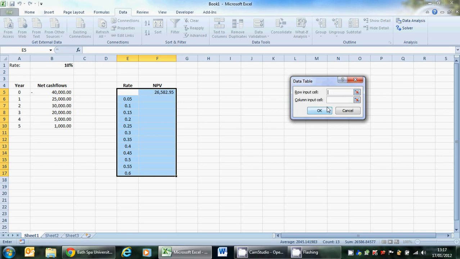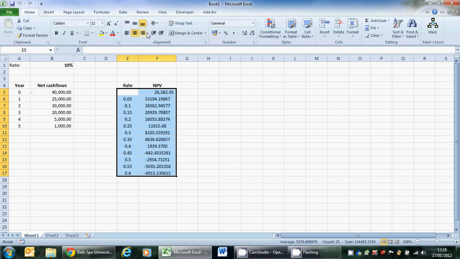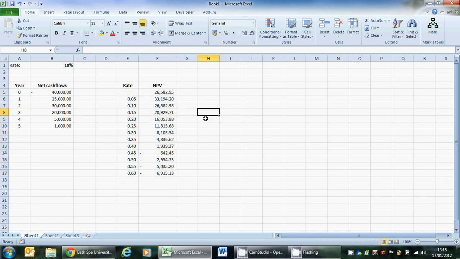The only thing that we want to include here is in this column, the column input cell, because of course we are dealing with column inputs here as opposed to row input, which would be across. And we want to include the 10% rate originally, and it's going to do the rest for us. We press OK, and there Excel fills in the answers for us. You just tidy it up a little bit, and you can see that it's at this point here that we get these minus figures coming in. Otherwise, the net present value is